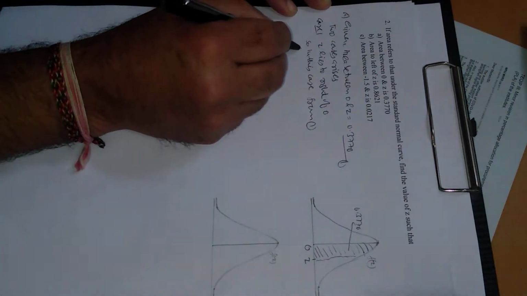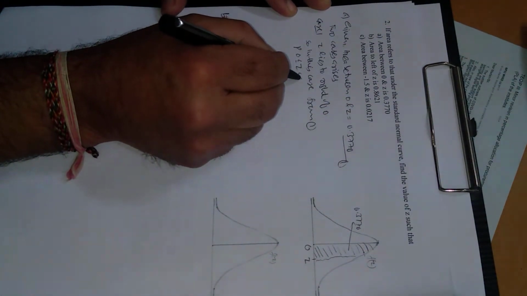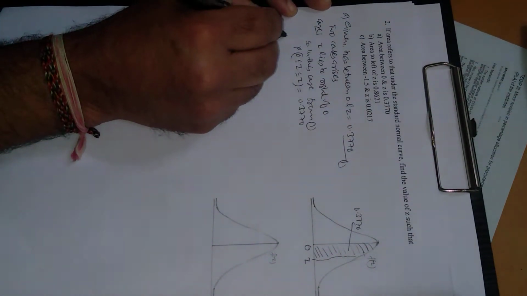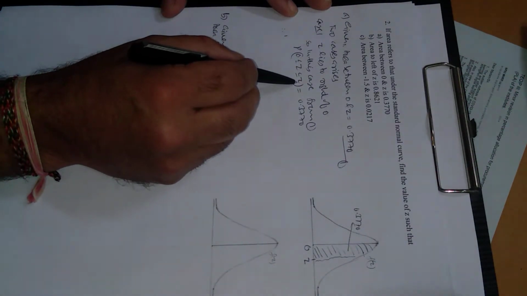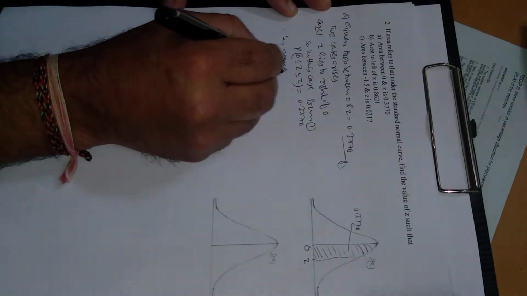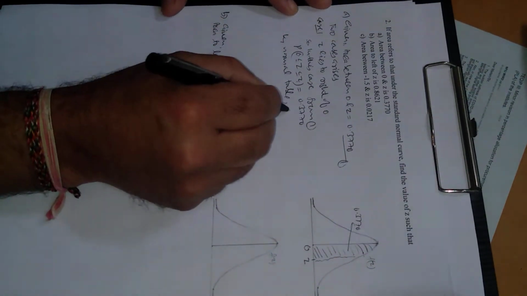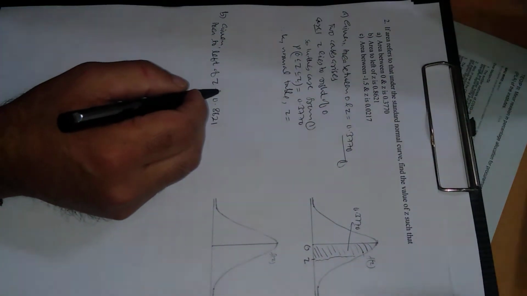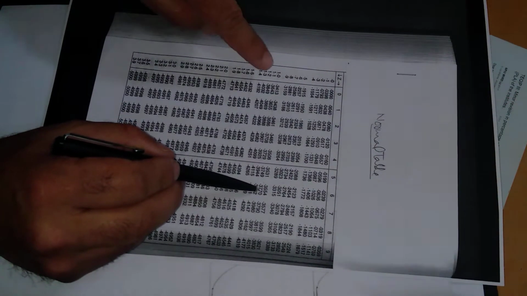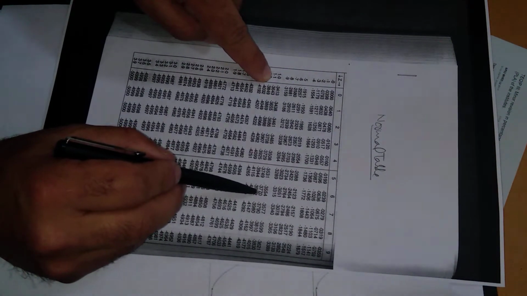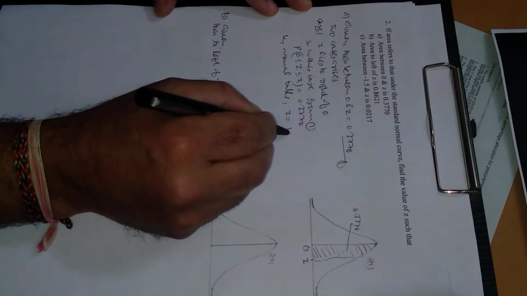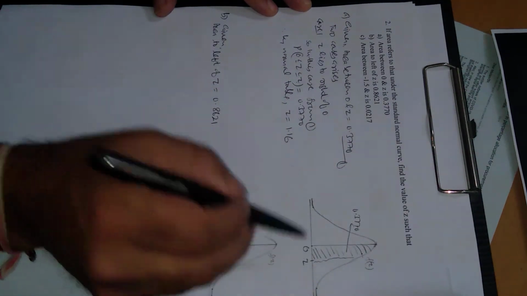From 1, this will be probability 0 less than capital Z less than z. This area is given to be 0.3770. Therefore, we have to find for which value of z from the normal table the probability is this one. By normal table, small z, we have to look for 3770. 3770 is exactly here. So this is through the row 1.1 and below the column 6, 1.16. So z in this case is 1.16. So this z is definitely positive.